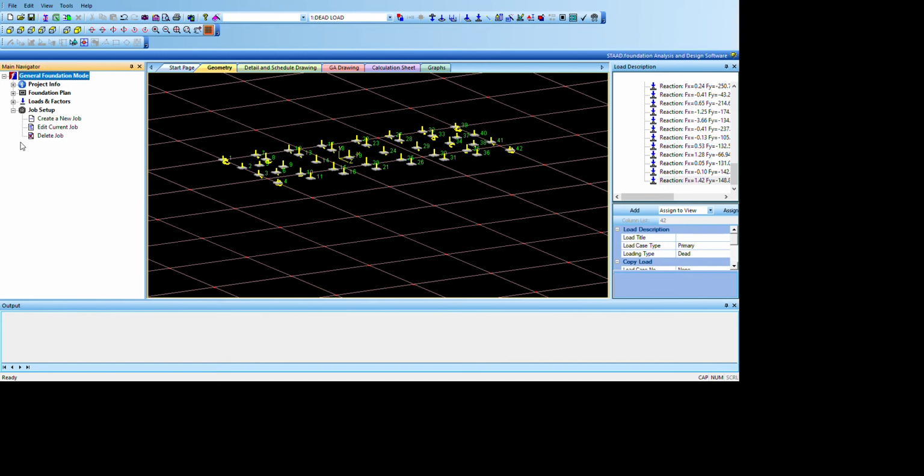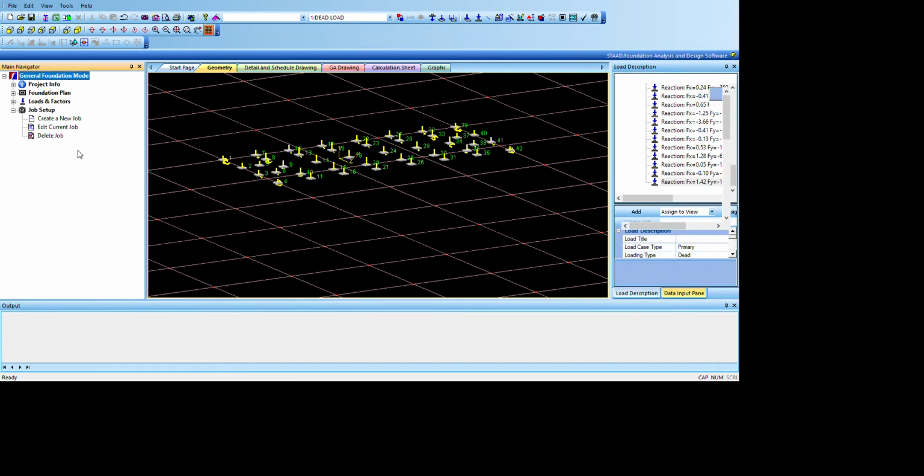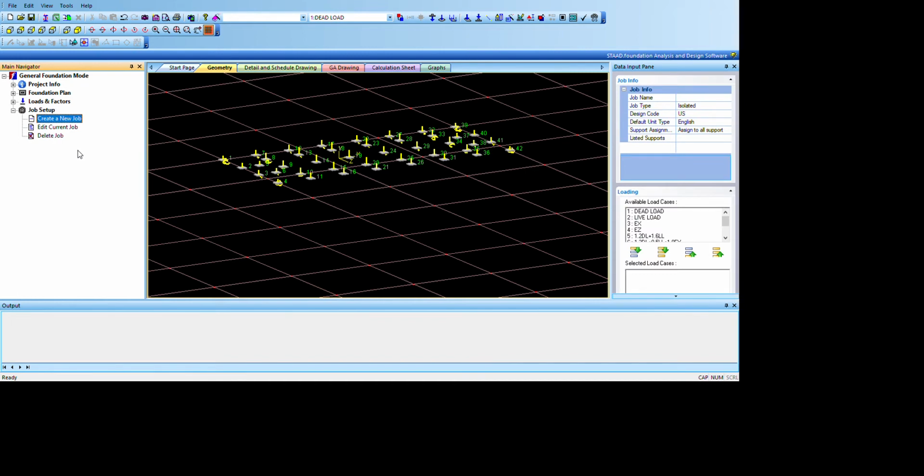And what is the most important is this last parameter, which is the job setup, wherein we will now create. So you just click create a new job to define the particular design footing or design and analysis job that we want to create. Okay, so as soon as you click this create a new job, you will see here on the right side